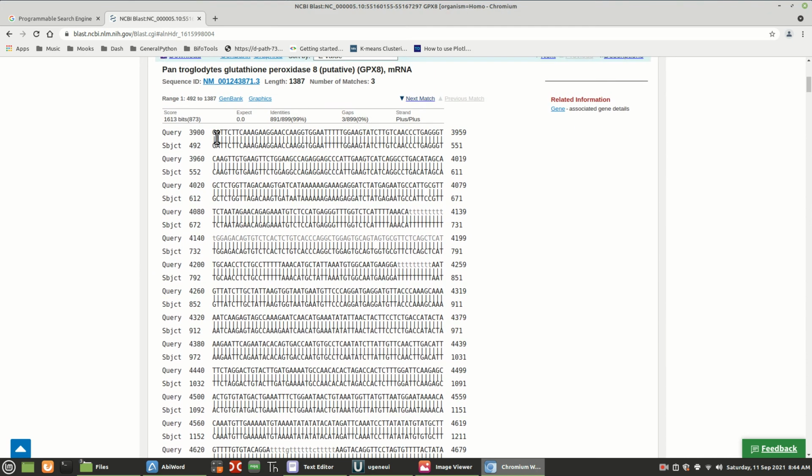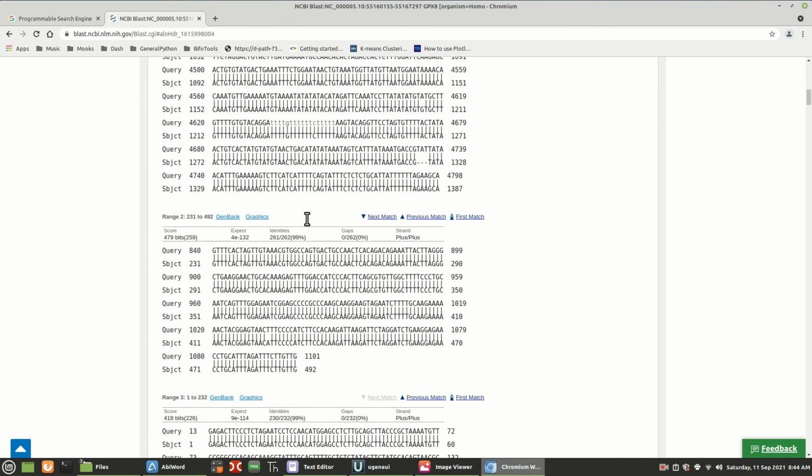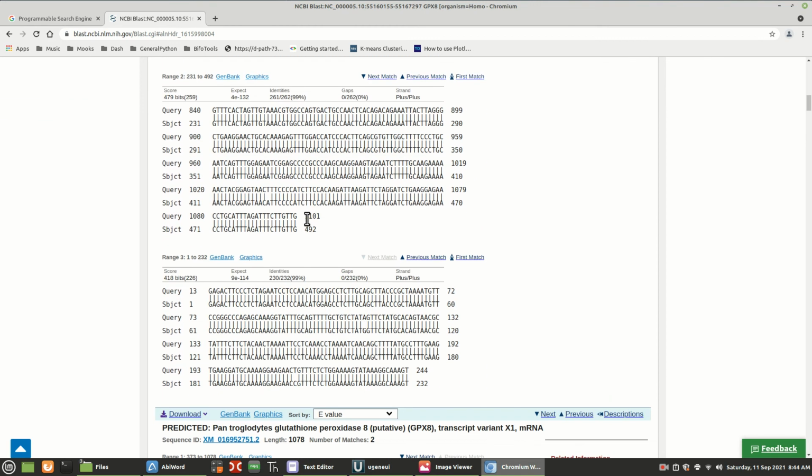So you can see where the gaps are by where the lines are missing, and there aren't very many right here, the C and A. This is a little harder to read. All right, then we have a gap. This is the next,